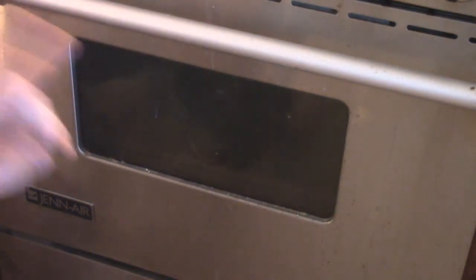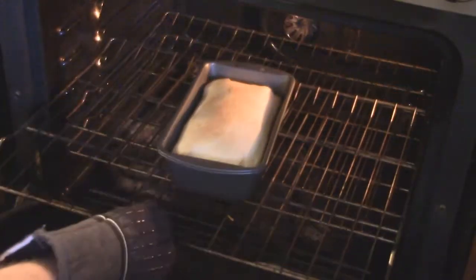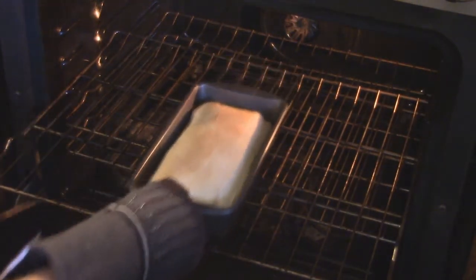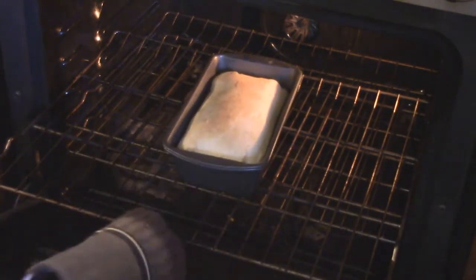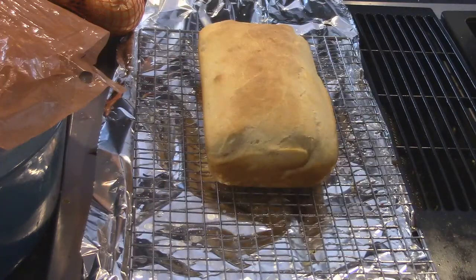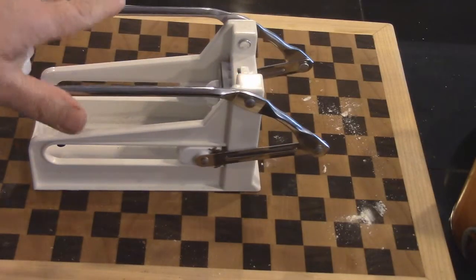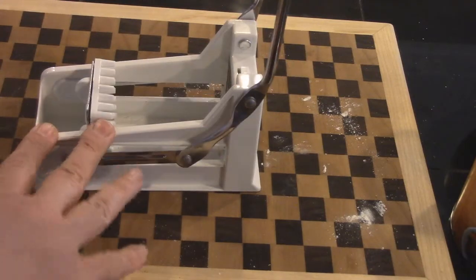But I forgot, this is not for 2 loaves. This is only for 1, right? So the time's going to be a little different. So when I pull this out, I can see that it's getting there. It's got about another 5 to 10 minutes. But it smells really good in here. Let's take that out of there so it doesn't burn. And then residual heat is going to go ahead and cook the rest of that, but this is going to be just fine. So I'm going to be using this device, physics, right, to cut these potatoes up real easy